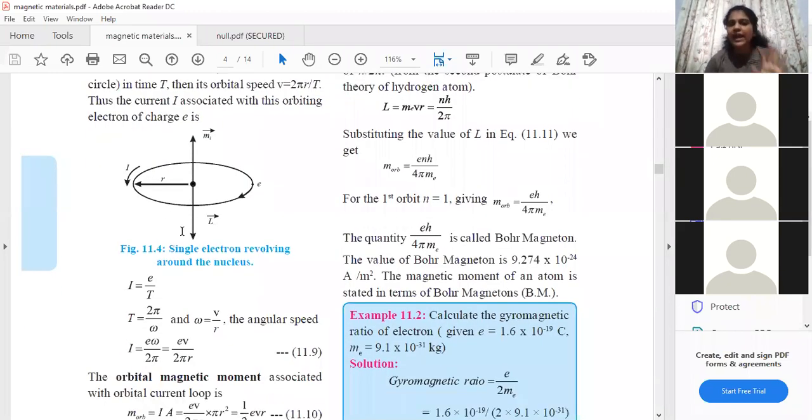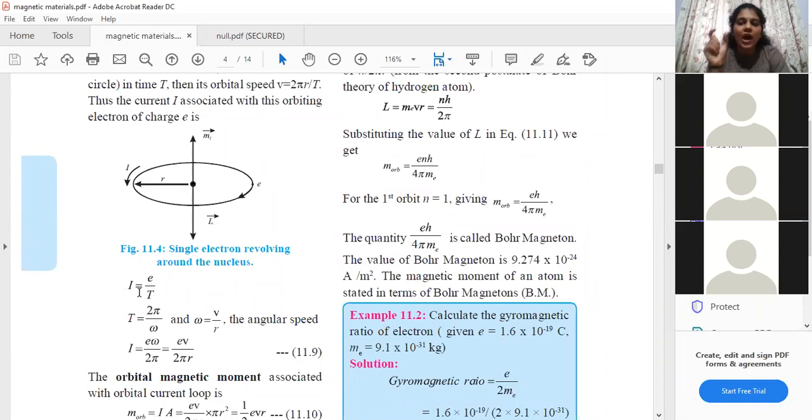we have to find the value of the current that is flowing. Students, current is nothing but flow of charges, right? You all know that flowing of charges will result into current, and electron is a type of charge. I know it has a negative charge, but it will result into some amount of current in this orbit. So now our task, the beginning of the derivation, is finding out the value of that current. So we got this formula E upon T.